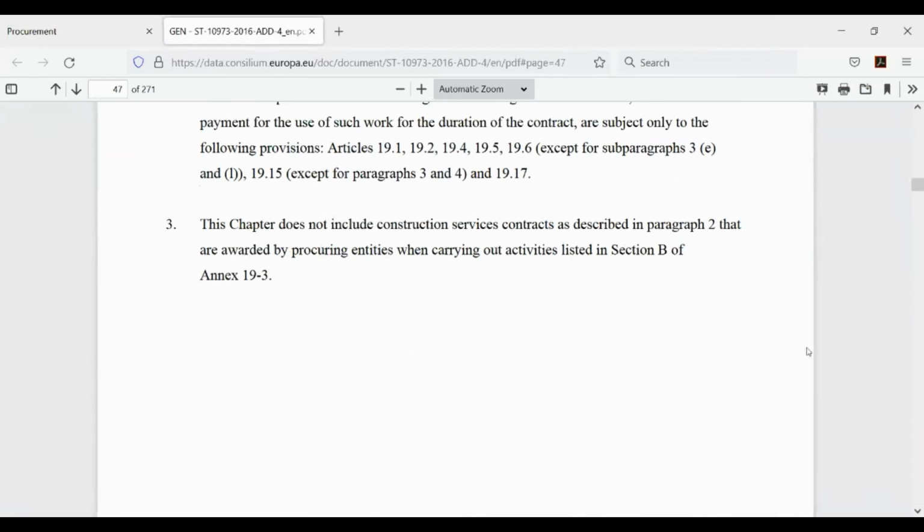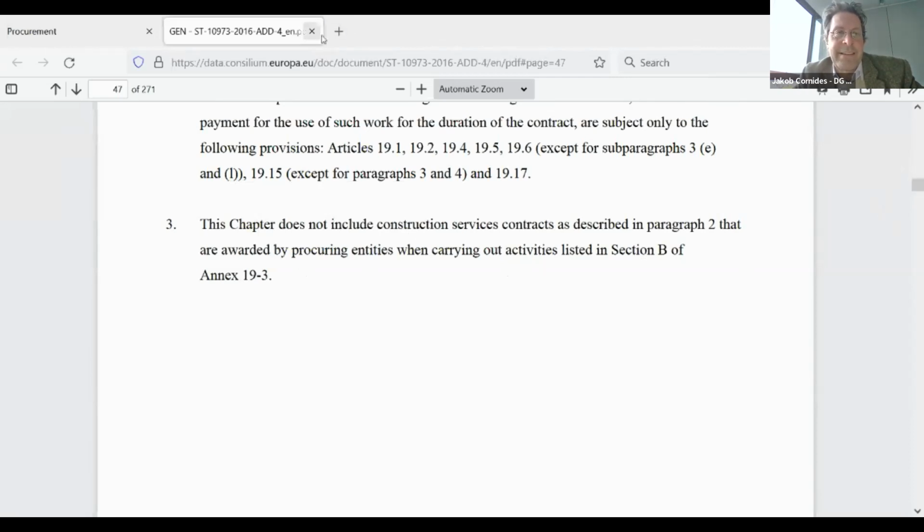Yes, please do. Okay, here you have the note which explains why that procurement is not covered. Construction services are not covered if they are awarded by entities that are active in, well, essentially that's provision of public services.